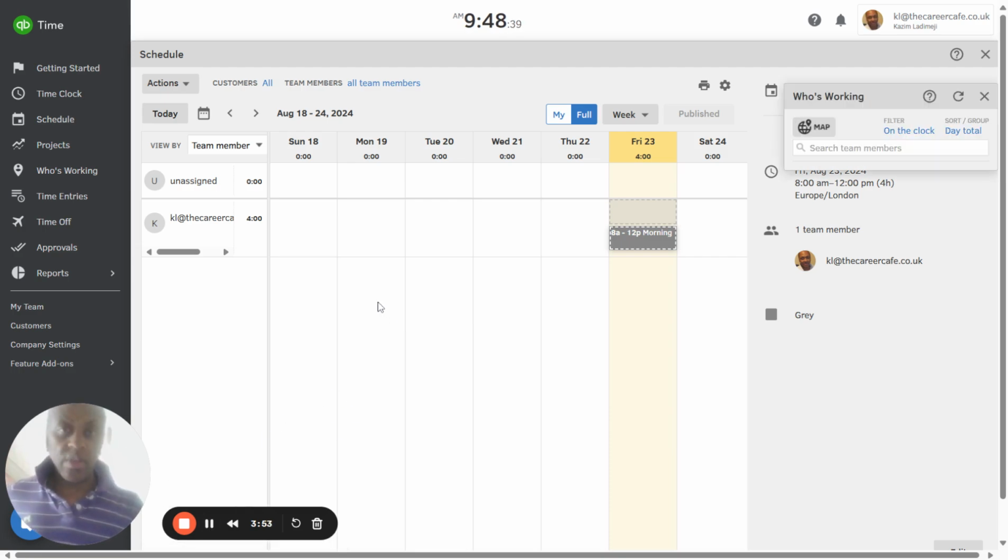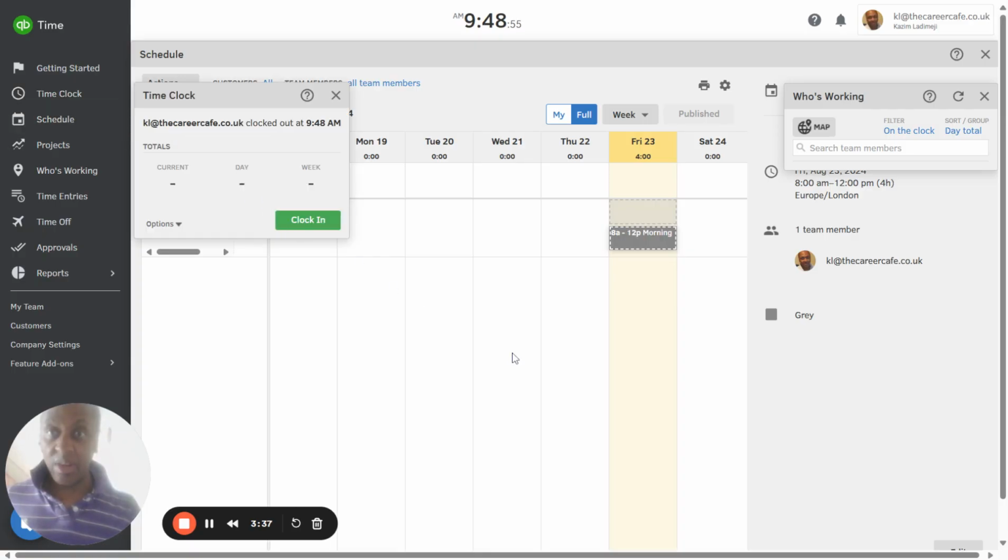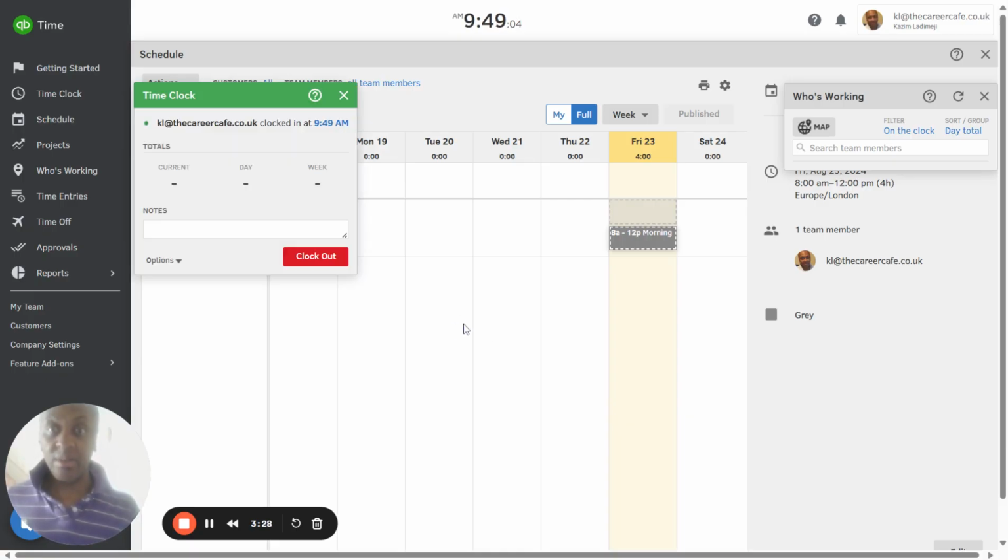One of the next features which I use very commonly, either as a freelancer or as an HR manager, is the time clock. Obviously, we've done the schedules, and then we want people to clock in. And the simplest way, it's a very simple tool here as well. Click on the time clock that appears here. If you're just standard work, you come in, you click clock in, and it shows up here. Clock in on the clock, and